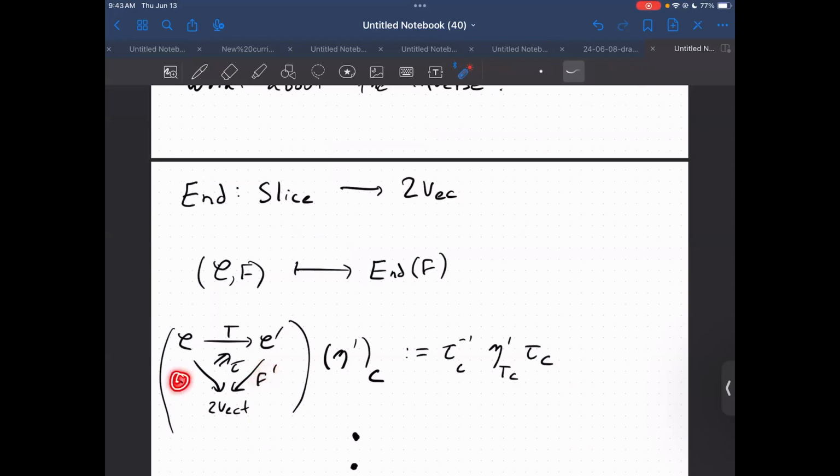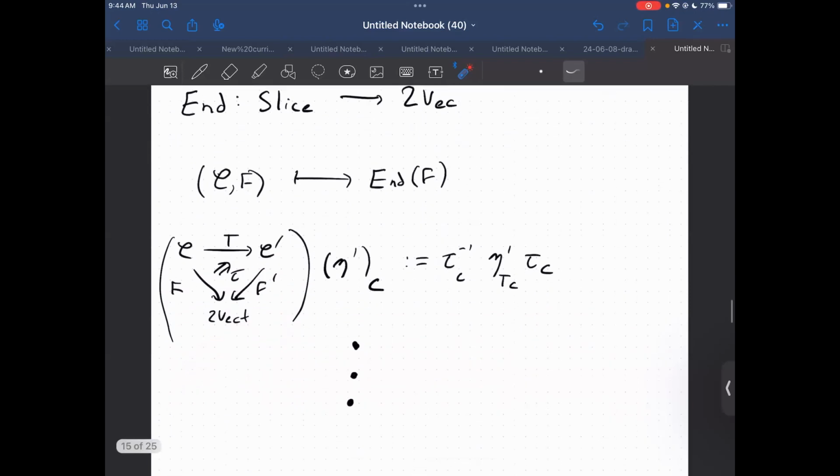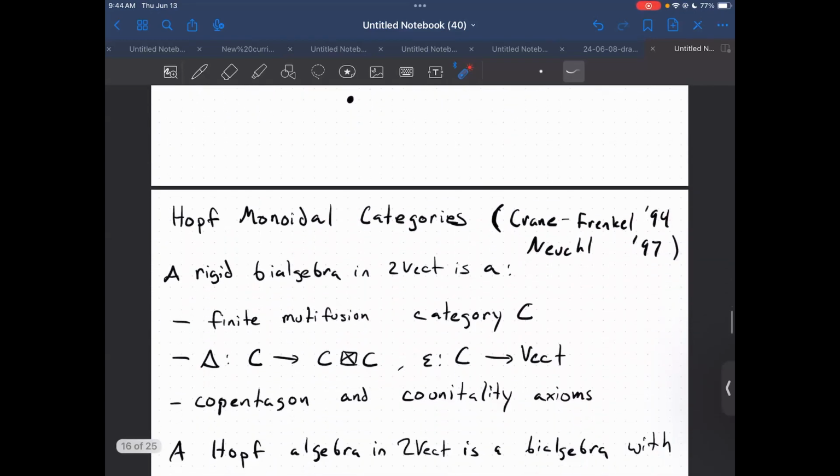I want something that lives in the endomorphisms of this functor. It's contravariant. So I start here, use tau to go over here. I have some endomorphism, so I do that, and then I go back. And this is a monoidal functor because conjugation is, right? And everything composes actually quite strictly.